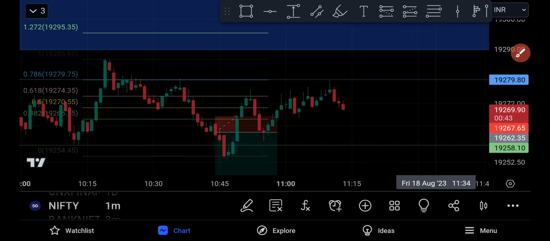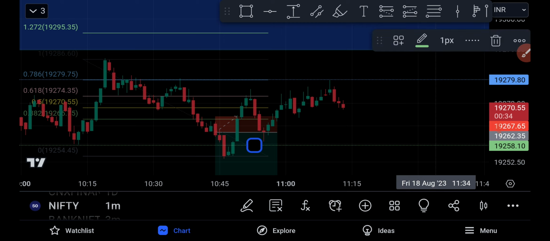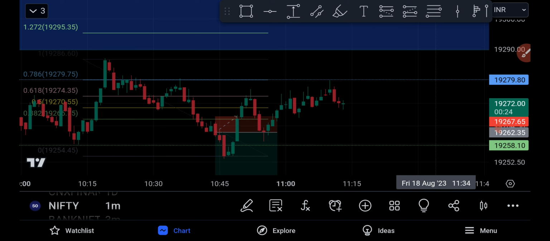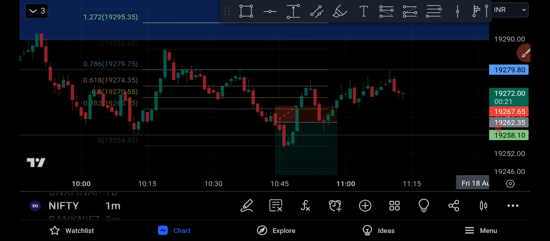And see, one more important thing that I need to mention here is this level right here. This is a huge support area, so it is preferred, better to avoid the trade. Even if the market is showing you the proper setup, better avoid the trades at a very major support area. Okay, so